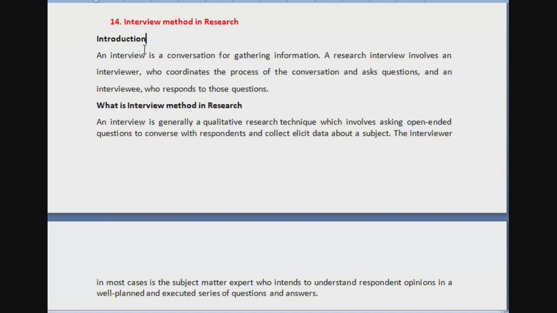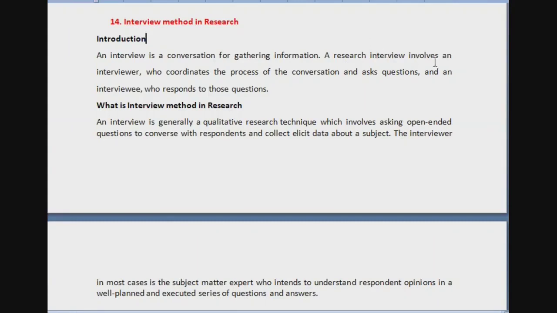You can again provide one introduction, that an interview is what? It is a conversation for gathering information. So if there is a conversation between you and me, there will be a purpose of it, right? What is the purpose of our conversation? You want to understand legal method, right? Similarly, in case of this research, there will be a conversation between those two people. What is the purpose? It is gathering information, right? They want to gather as much information as they can. That's the purpose. And because of that, there will be a conversation between those people.